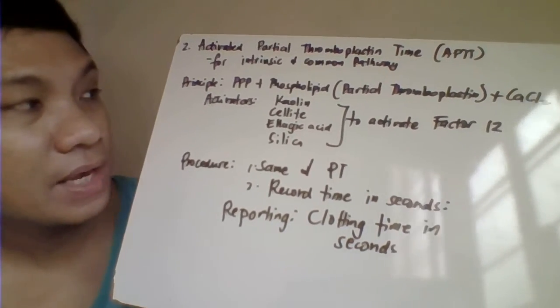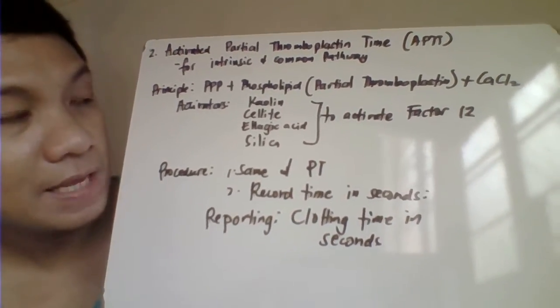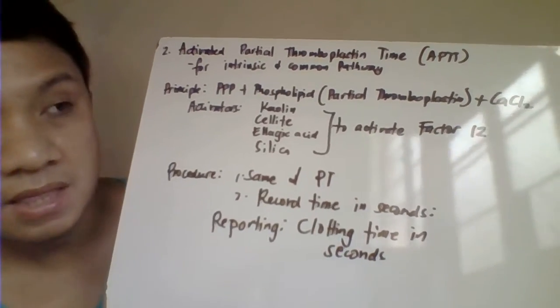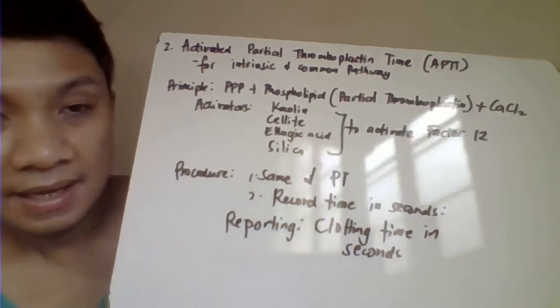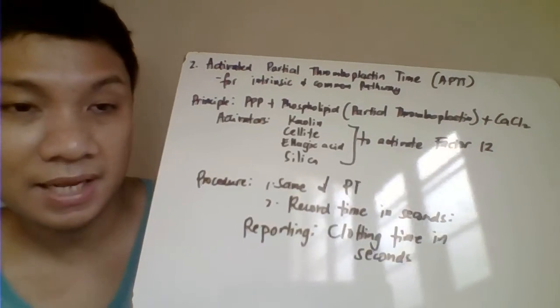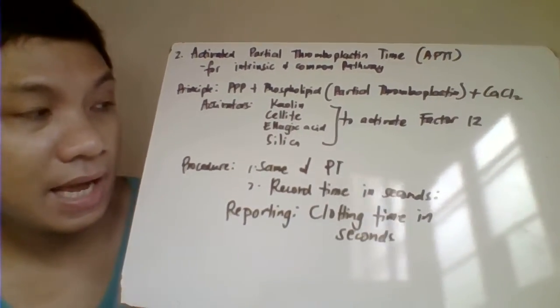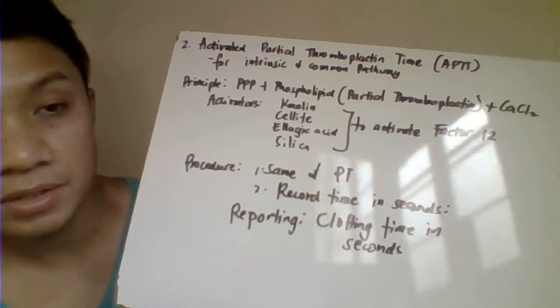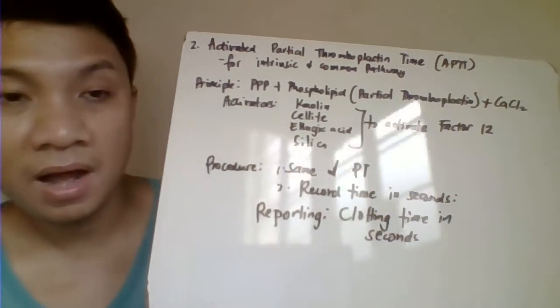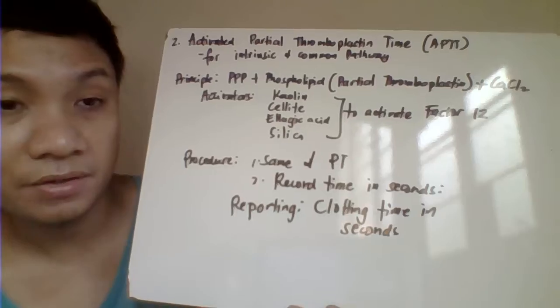Okay, so our reagent is your phospholipid partial thromboplastin plus the calcium chloride. Another one, you are also adding activators as part of your reagents. Kaolin, celite, ellagic acid, silica,